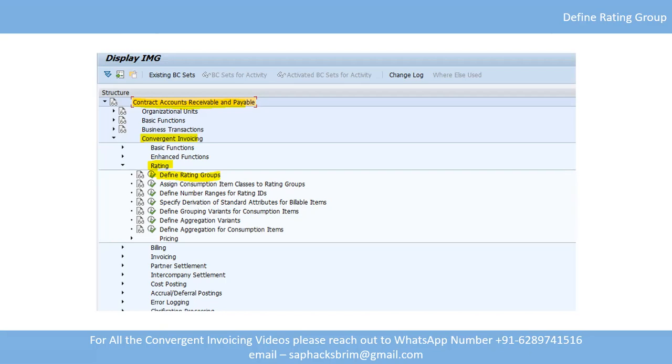So now we have created a consumption. There is a business requirement that we are going to store this consumption item in our CI system. In order to store this consumption item in our CI system, we have a concept called consumption item classes. So we have created a consumption item class. Once we receive these consumption items in our CI system, they need to be rated and